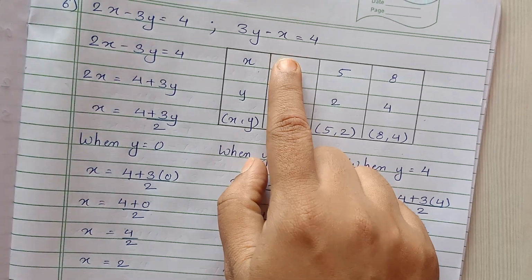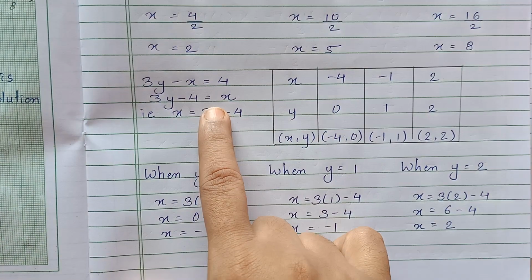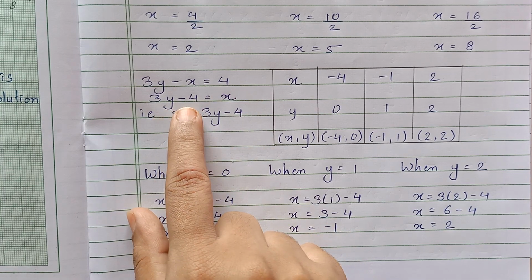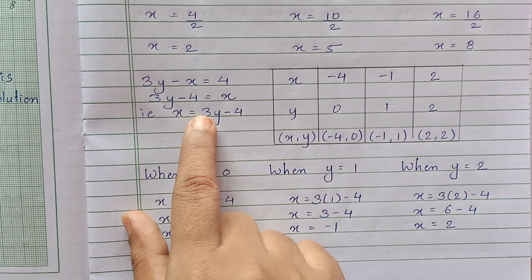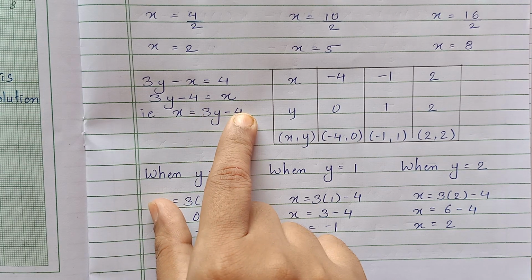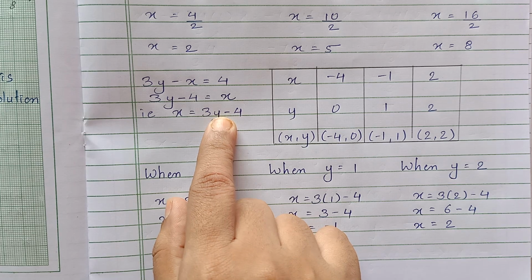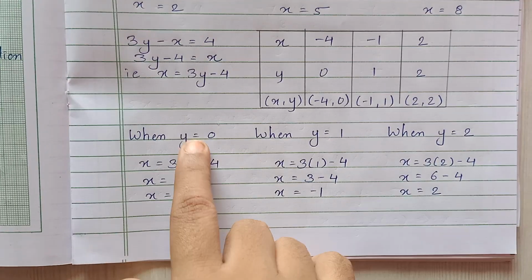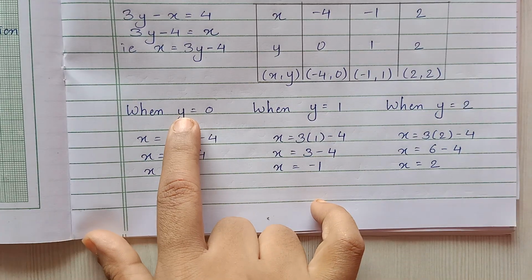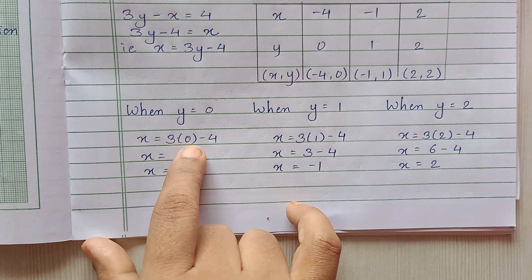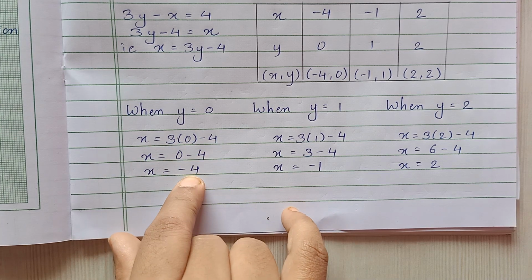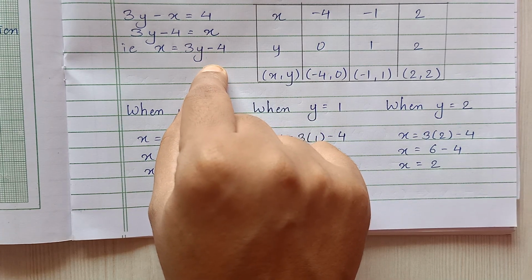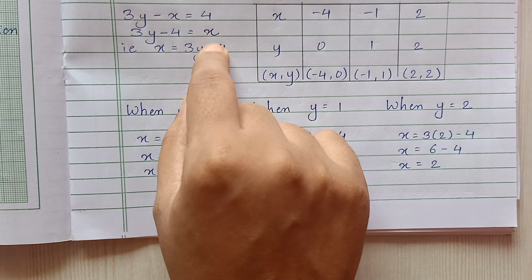Now let's go to the next equation, 3y minus x equal to 4. Now 3y minus x equal to 4, this will be 3y minus 4 equal to x, that is x will be 3y minus 4. So the value of x is 3y minus 4. You have to keep changing the value of y, you will keep getting the value of x. So let's start with the first value of y. When y is 0, x will be 3 zeros as 0 minus 4, that is 0 minus 4, answer is minus 4. Here we don't have a denominator, so we don't have to choose a particular value by which you will get a number divisible by so and so number.